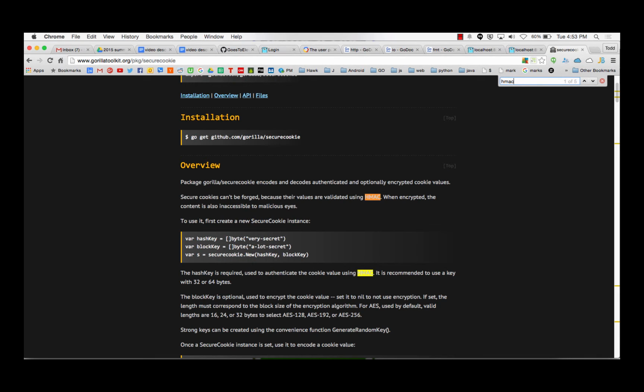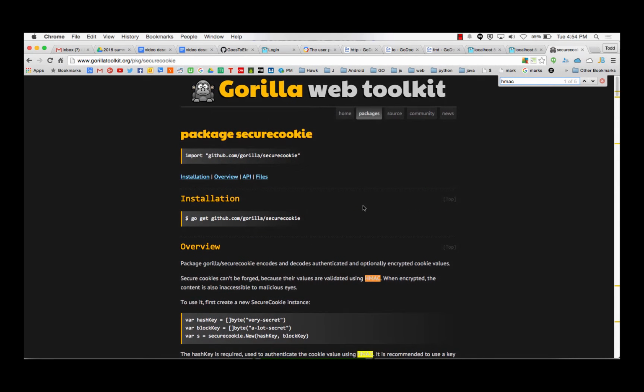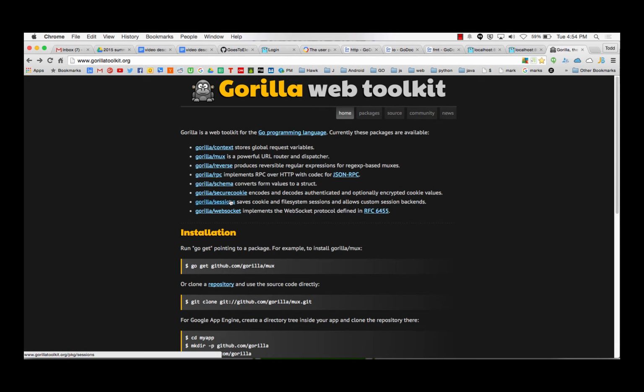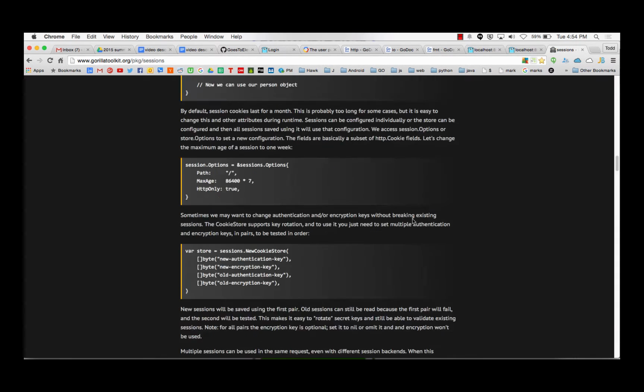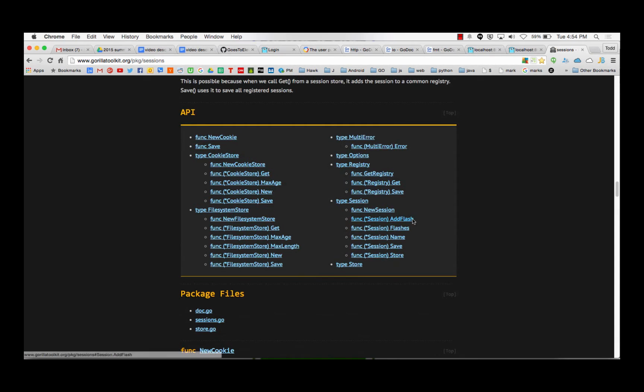That's a nice thing about Gorilla with their secure cookie. Even Caleb at Summer Boot Camp took us into a little intro and said we're not going to go too far into this because it gets complicated quickly. So anyhow, I might just use that one piece, sessions from Gorilla, and then try to do everything else myself.